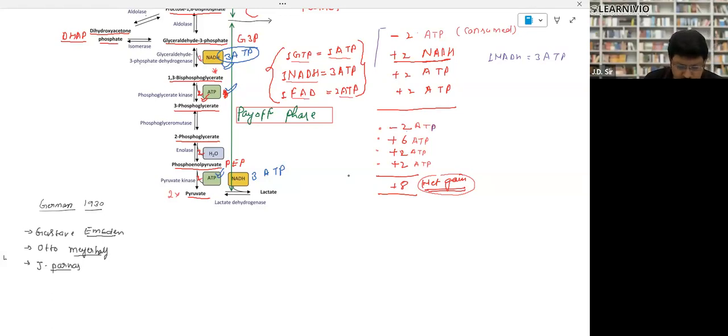Next point. Glycolysis is the process of partial oxidation of glucose into two molecules of pyruvic acid through a series of 10 enzyme mediated reactions,